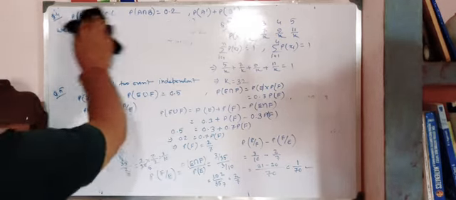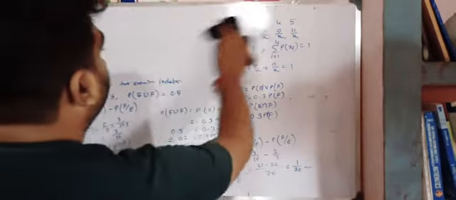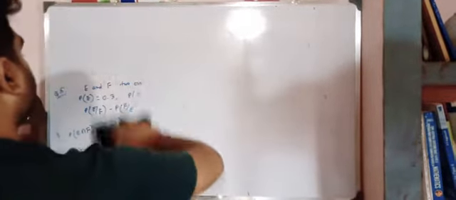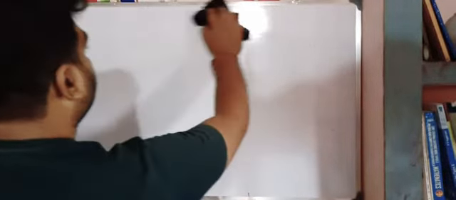To draw a histogram, we know the class intervals that we are given. We have already done the histogram. I will give you the link of that video in the description box so that you can check how to draw a histogram and how to draw a frequency polygon also. Now, histogram when class intervals are of unequal size.